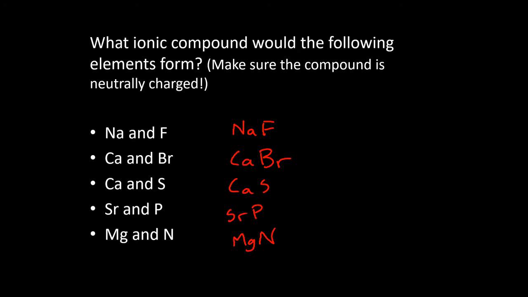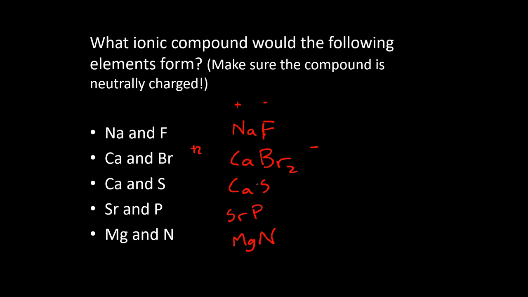All right, I hope you gave that a shot. First one here, sodium is +1, fluorine is -1, and so we actually don't need to do anything to this one. It is actually balanced the way I wrote it. You just need one of each to get a neutral molecule. Calcium and bromine. Calcium is +2. Bromine is a halogen. It's -1. So in this case, we do need 2 bromines. That will give us